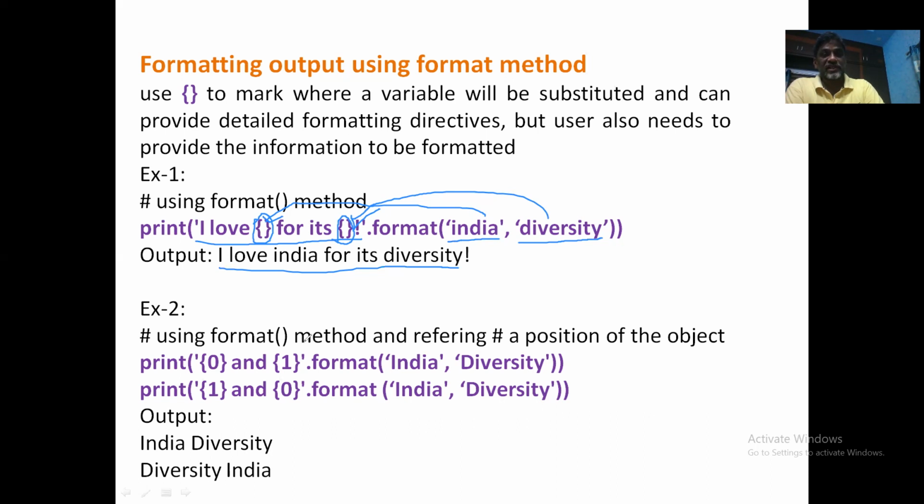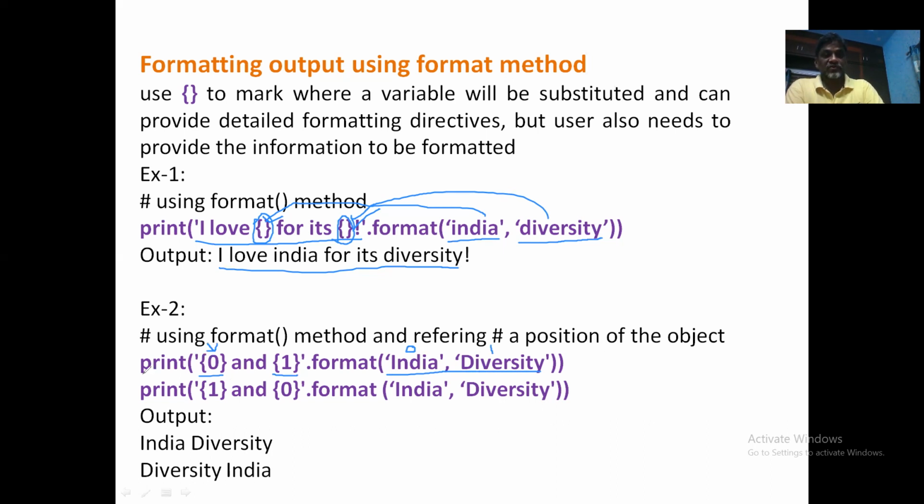Similarly, you can use the indexes also to shuffle the values that you want to display. Let us understand this. I'm using print with {0} and {1}. This is the string object that I want to specify, and this 0 index means that the values must be taken according to the index from the format method. So the first value in the format method takes index 0, the second value takes index 1, and so on. If you have other values also, the index continues like 2, 3, and so on.